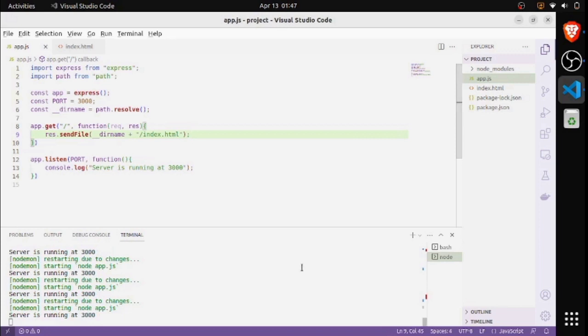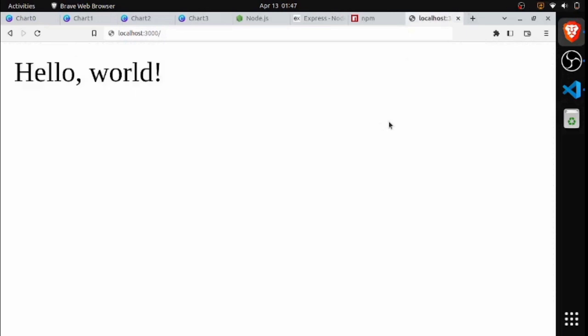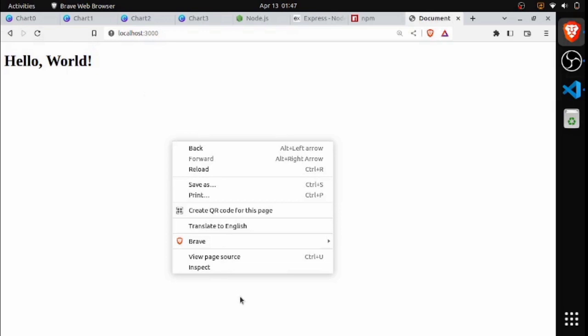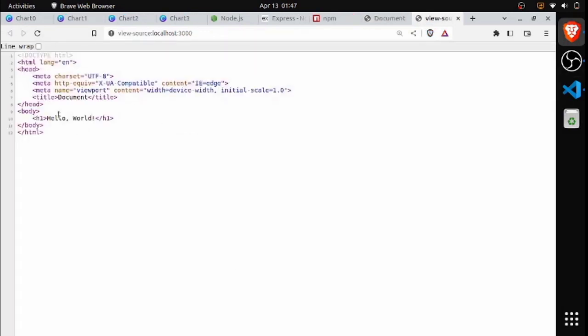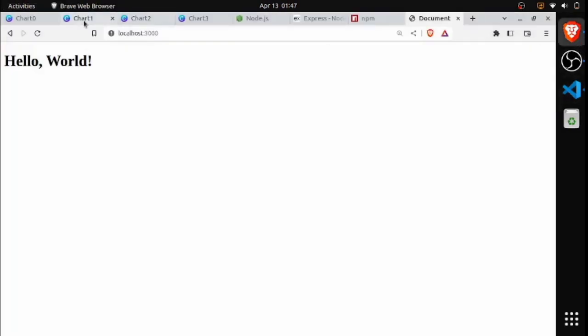If we go to a browser here, okay, we can decrease the size. If we refresh, and here we go, it is an HTML h1. You can cross-check it by viewing the page source, here it is the h1 tag. Okay,